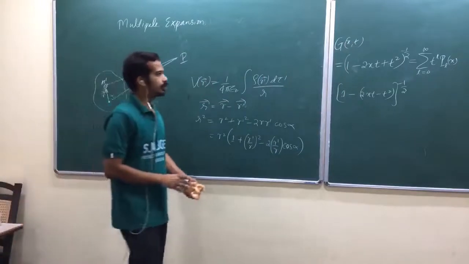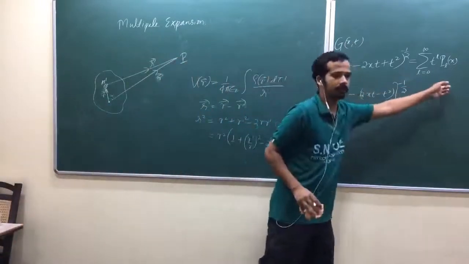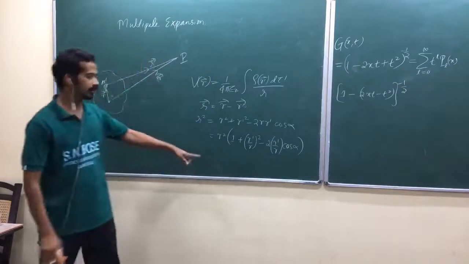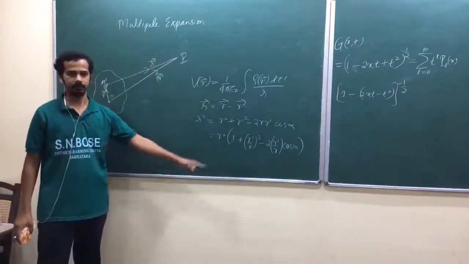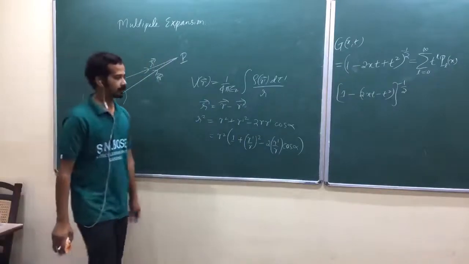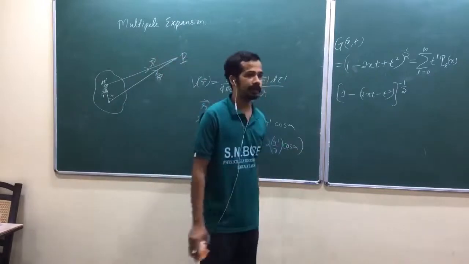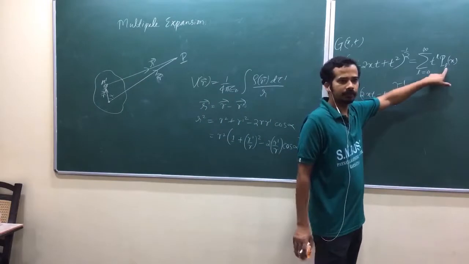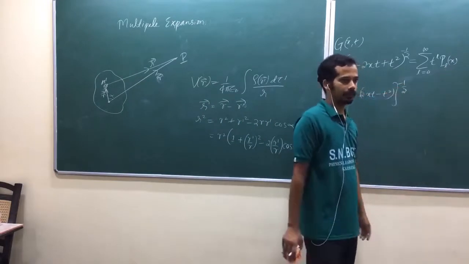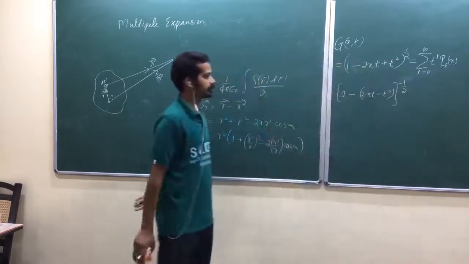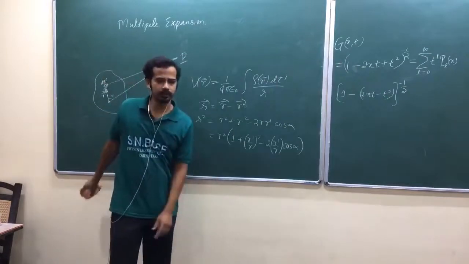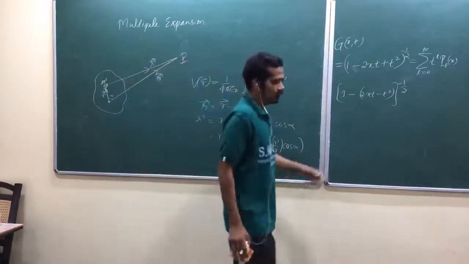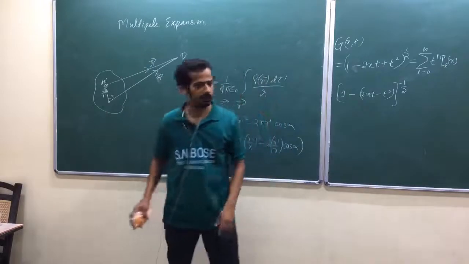Now what you should remember is that this is equal to this one, and you should know it right now. I need that fact here because otherwise it would be very lengthy: the binomial expansion, and after the binomial expansion, again looking for the Legendre polynomials, is too lengthy a step. So I need that fact from the mathematics. So how can we do it, any idea? Like this only, am I right? I hope so.